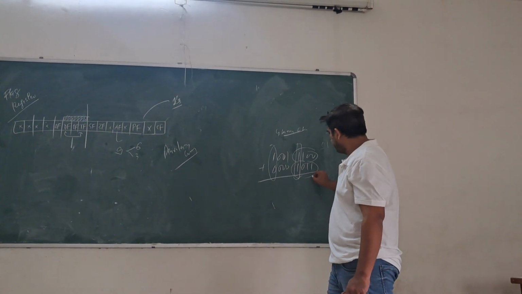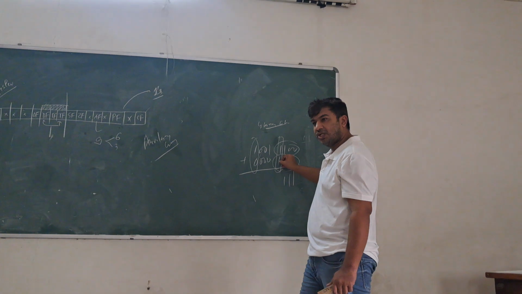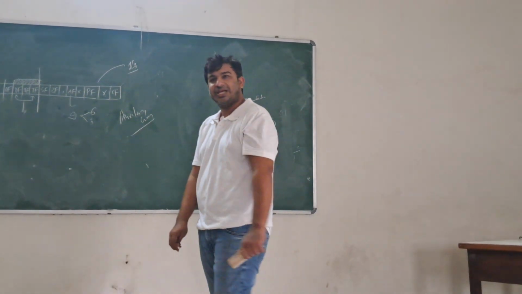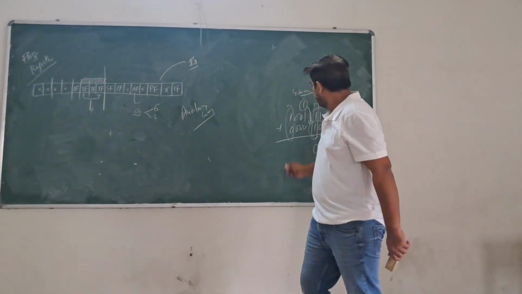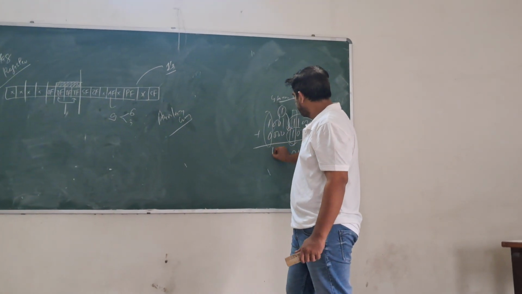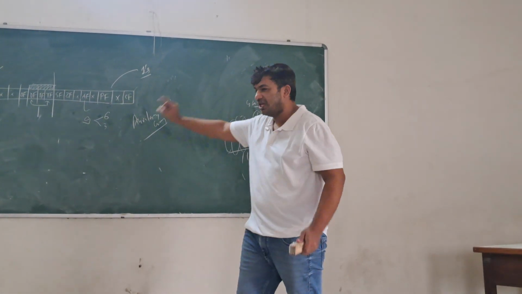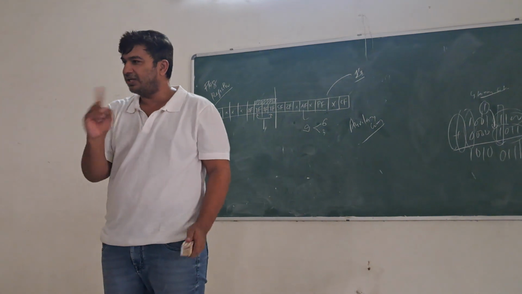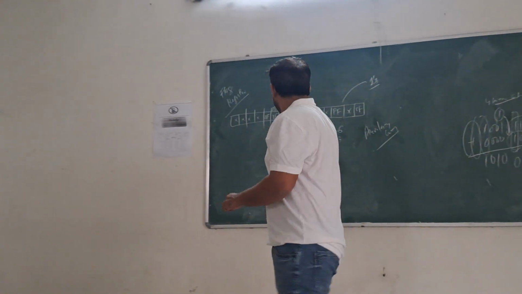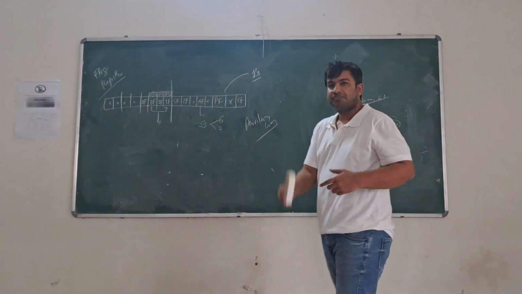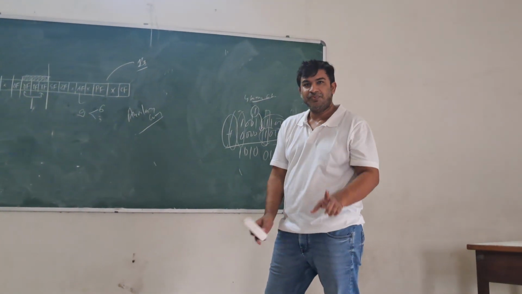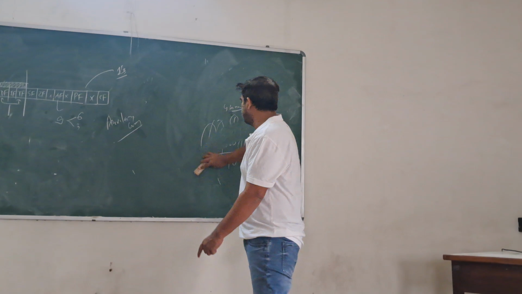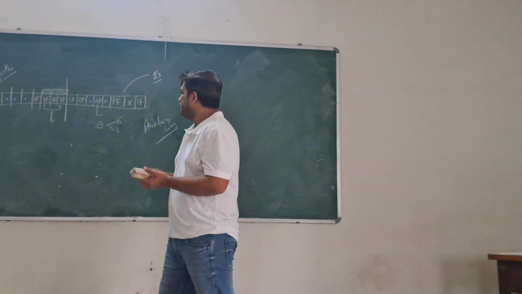Understand? So if I do 0 plus 1, 1 plus 1, 1 plus 1, 1 plus 1, 0 0 1, a carry is generated from this location. The auxiliary carry flag will get set. Understand? Now here, 1 plus 1, 1 0 1 0 1. No carry from the MSB. Your carry flag will be 0. But your auxiliary carry flag will be 1. Get it? So there are chances that both these flags will work very differently based on their answers. Clear? Auxiliary carry is from a nibble, normal carry is from the MSB. Done? So it is simple.